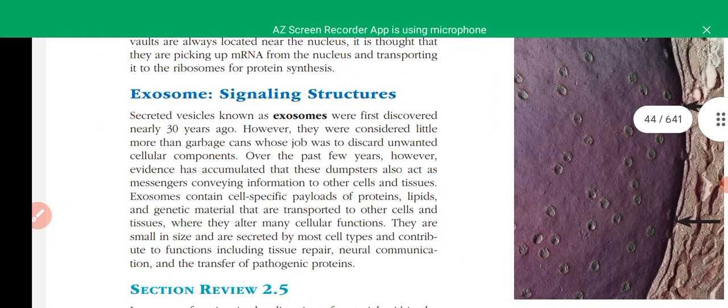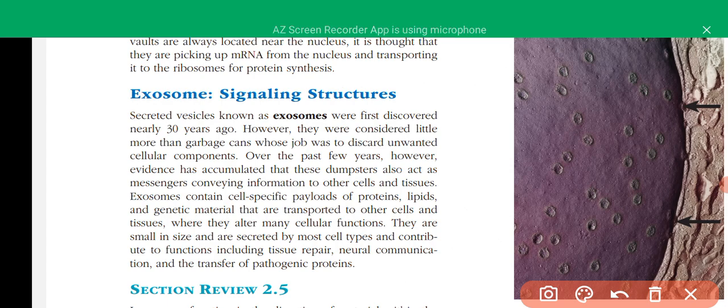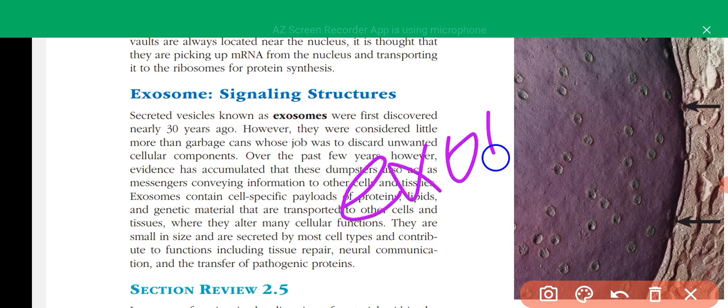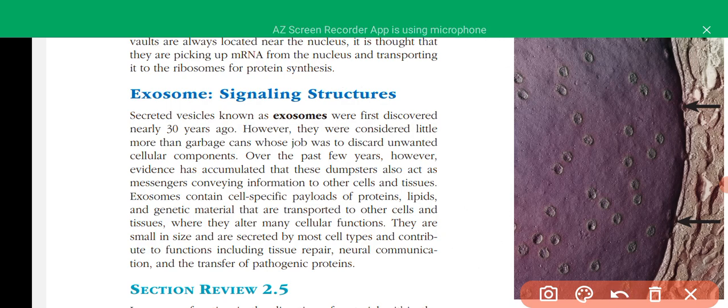Then there are the exosomes. Exosomes are vesicles that transport substances from inside to the outside of cells. Any substance that has to be exocytosed from the cells is packed inside the exosome and transported out of the cells. In the past, it was considered that they transported waste material from inside the cell to outside, but recent discoveries have also confirmed that they transport genetic material from one cell to another cell, and also transport various signals from one cell to other cells,